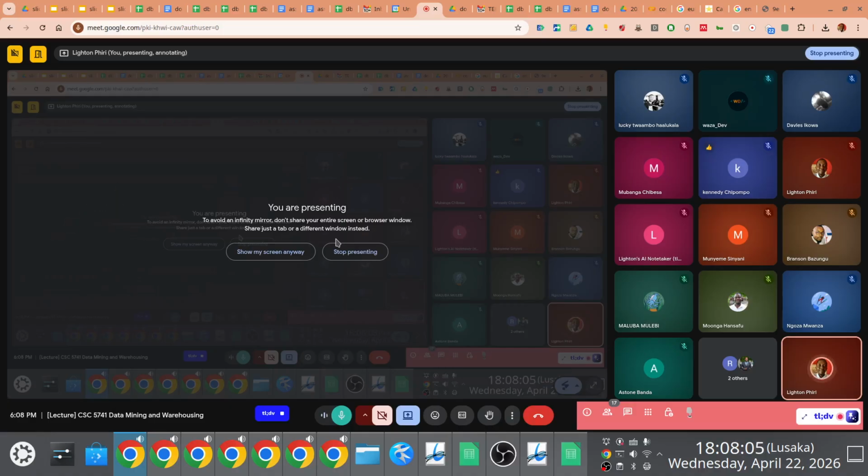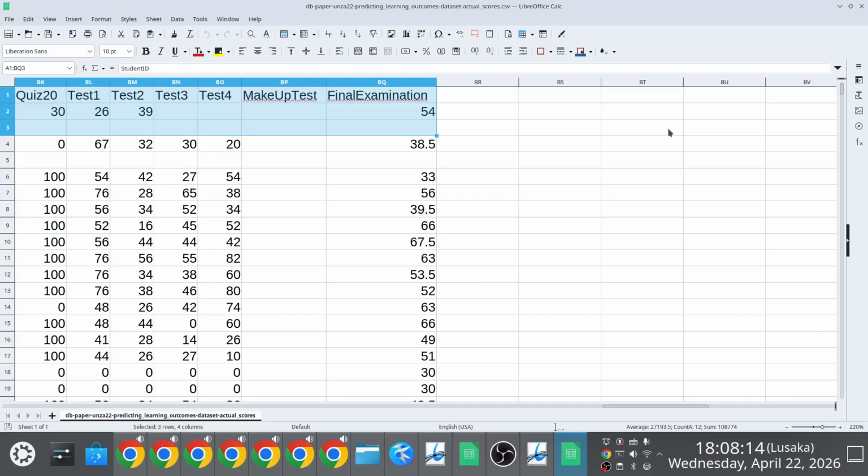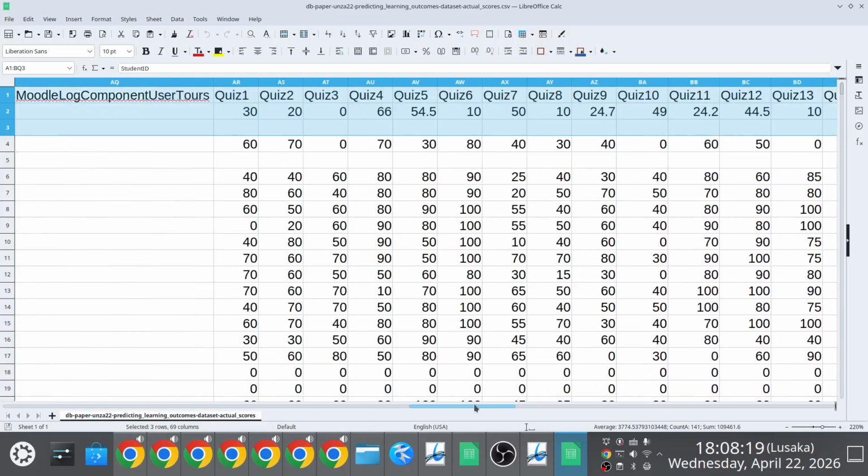So doing a recap here, right? A reminder that during our discussion, we realized that if you have a data set like this, which has a total of 69 attributes in this particular case, one of the